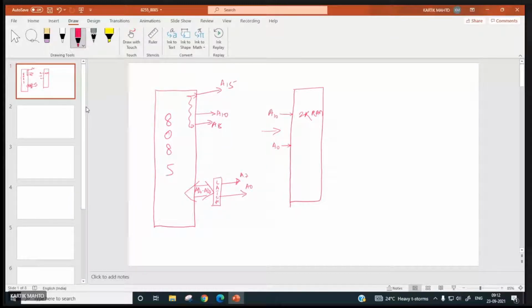Right. In a RAM chip, you will have address pins based on the size of the RAM. So for 2K RAM, how many address lines? 11 address lines, A0 to A10. So A0 will be connected to this, A7 will also be connected, A8 will also come over here, and A10 up to this. Right. Now A11 to A15, we discussed earlier, are all decoded properly in order to generate the chip select.